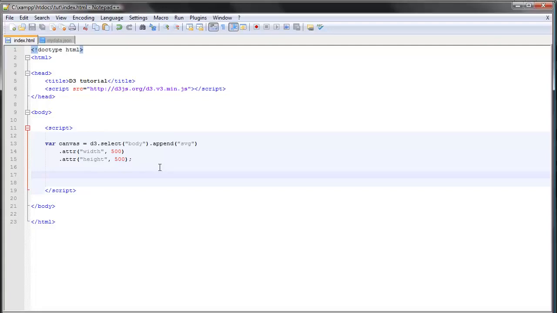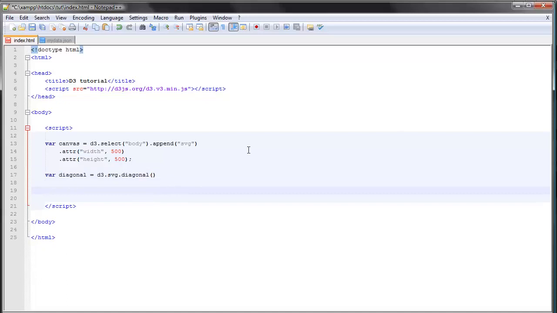just as the arc path generator that we took a look at earlier, the diagonal is used in the same way. So if we start by creating a variable here, the way we create the diagonal path generator is really simple. It's just d3.svg.diagonal. Okay, so we have our path generator here, but we need to append it to the document